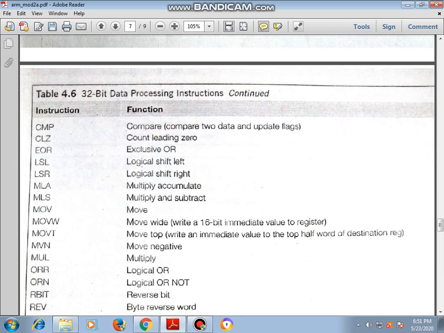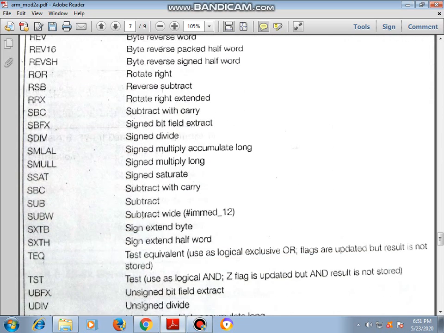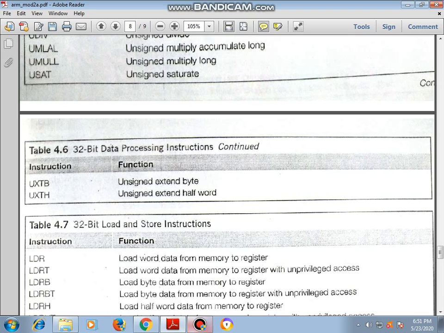Move wide means write a 16-bit immediate value to a register, and move top writes an immediate value to the top half word of a destination register. Like this, you can have different types of 32-bit instructions.